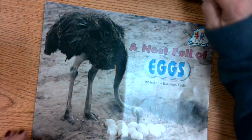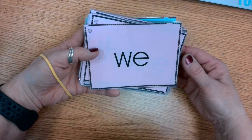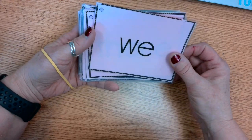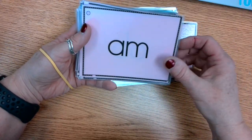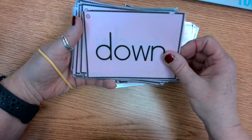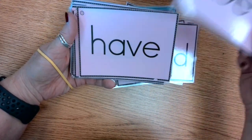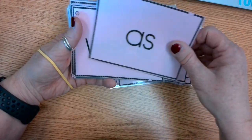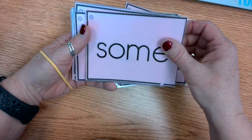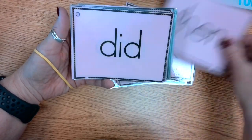Let's do some sight words. Okay, sight word readers, are you ready? Here's list 2. Remember, before you leave kindergarten, we would like for you to be able to read lists 1, 2, 3, and 4. So let's practice. We, there, am, do, her, down, what, could, be, have, as, were, out, little, some, is, look, then, did,